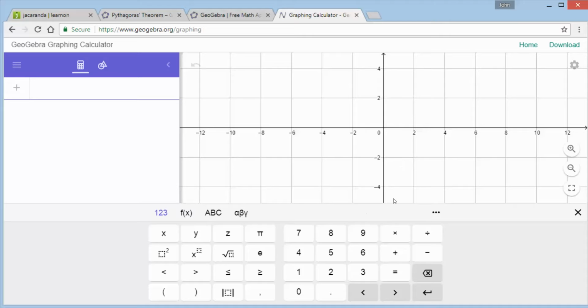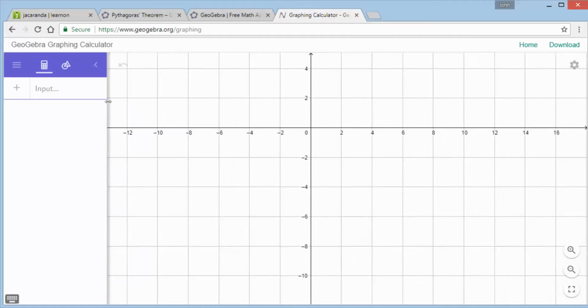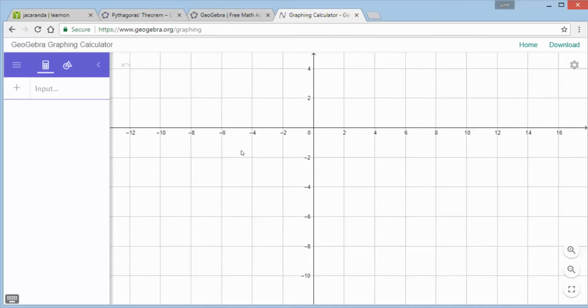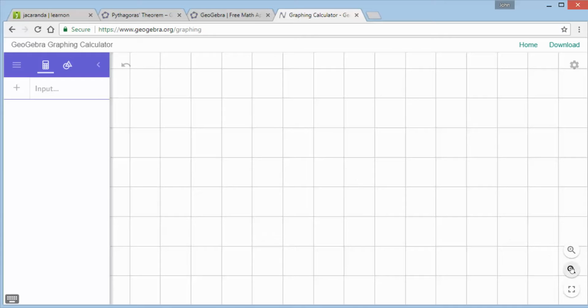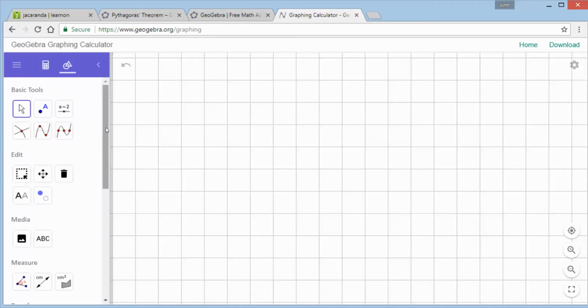I've got the calculator down the bottom here. I'll close that and move this over a bit to the left, and resize. Now on the board we've got a grid. If you right click, I'll turn off the axes, and I think I'll zoom in. So there's my grid. Come over to the left, and there's a button with a circle and an overlapping triangle, that's your tools. If you click on that,